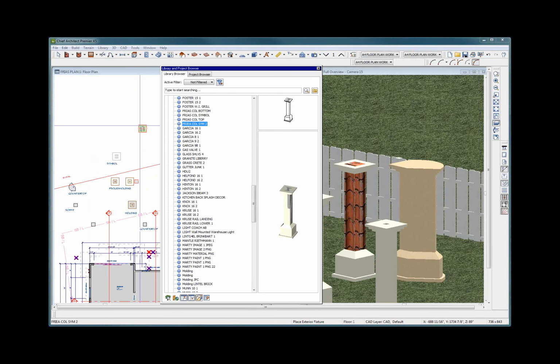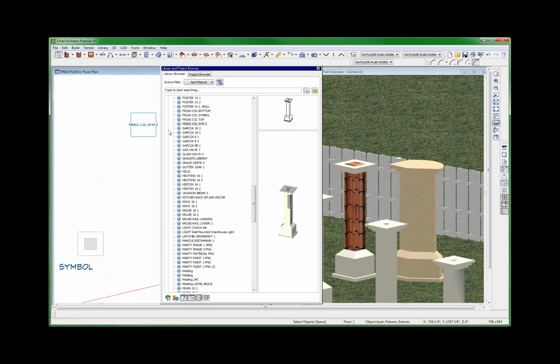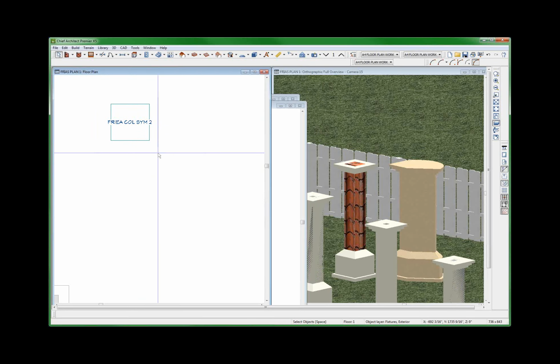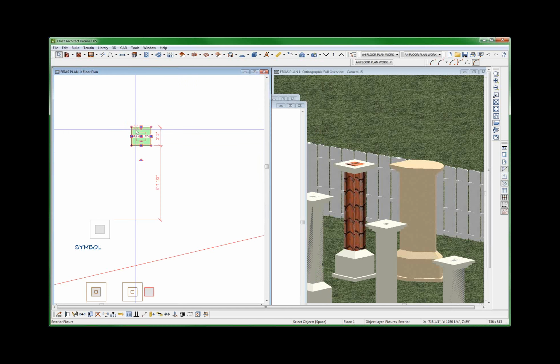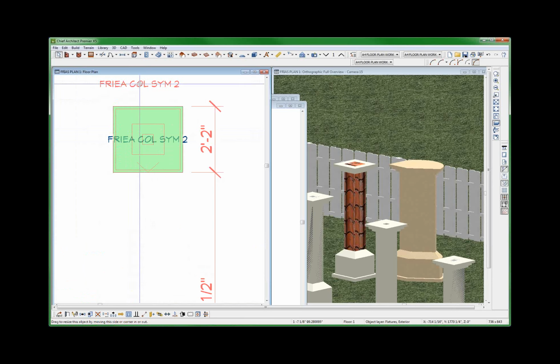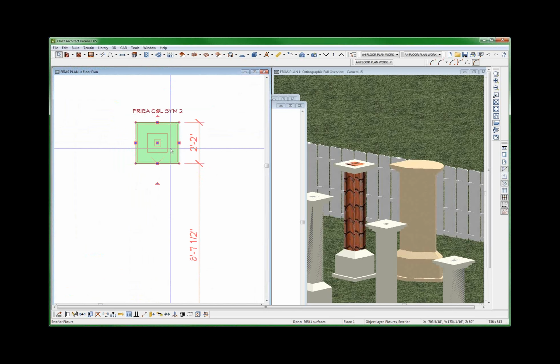Freest column symbol 2, put it right there. I don't like that symbol now, do I? Because I don't have the fill and so on. So now all I have to do is, what is this? No, wait, let's see. Now it has a label, which is kind of nifty, because I can just pull this up like this and say